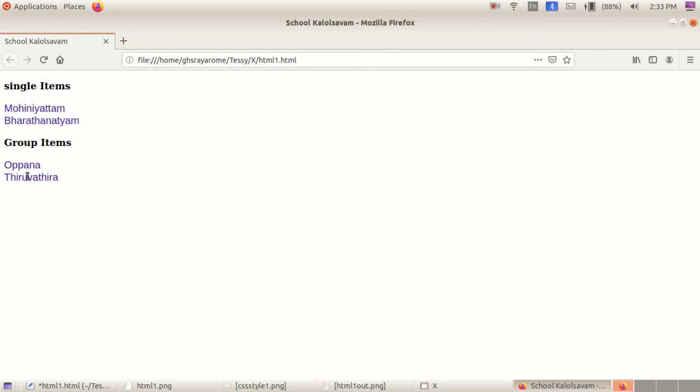Look here, that way we got it. Mohiniyattam and Bharatanatyam are in the form of paragraphs; within the P tag we gave that. Single items and group items are H3 types of headings. I think all of you understand that.